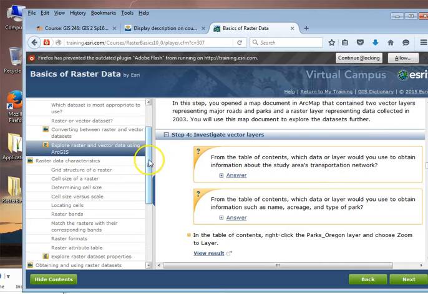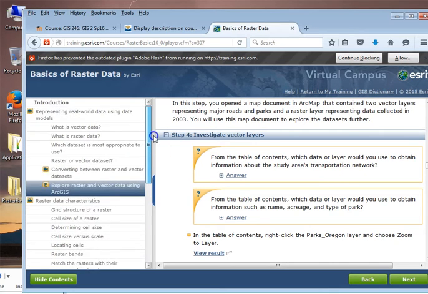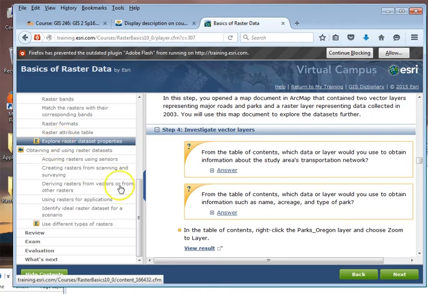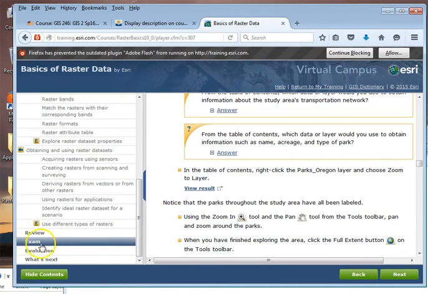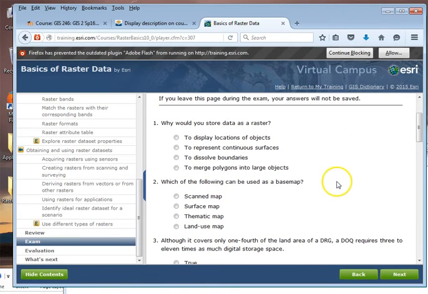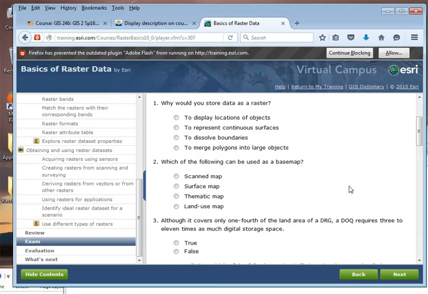And then there are 3 exercises that you're going to do, and I will post what I want you to turn in. I think I want you to turn in a map at the end of each of your exercises. And then there is an exam, which is a multiple choice test question. And when you pass the exam with 80% or better, you get a certificate. So I want you to pass this exam. You can take it as many times as you need, but the questions are different. And then, yeah, I know, painful, right? And then send me your PDF certificate to show that you